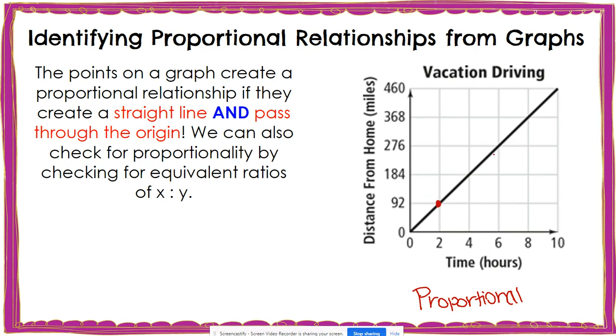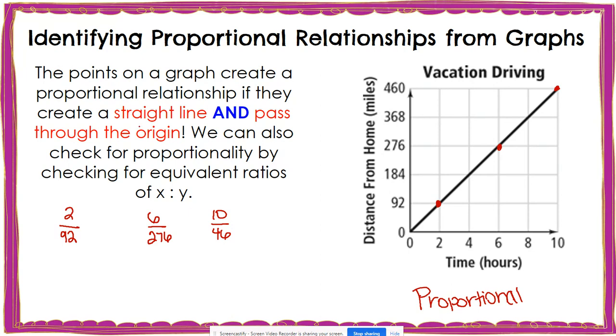So I know there's a point here, there's a point here. Well, this point has an x value of 2 and a y value of 92. This point has an x value of 6 and a y value of 276. If I chose another point, this point has an x value of 10 and a y value of 460. If I simplified all of these, my first one I can see that both 2 and 92 are divisible by